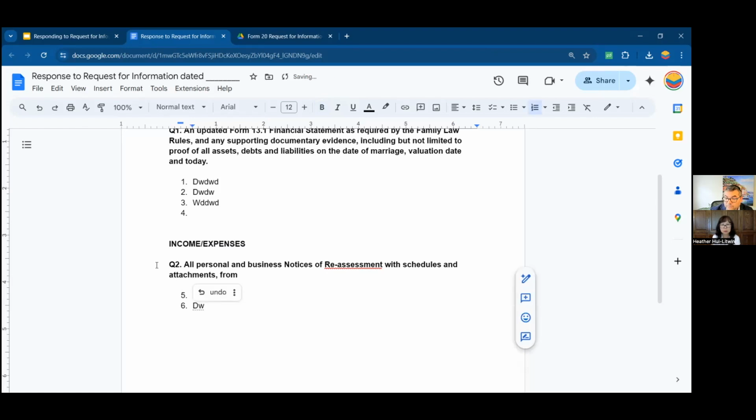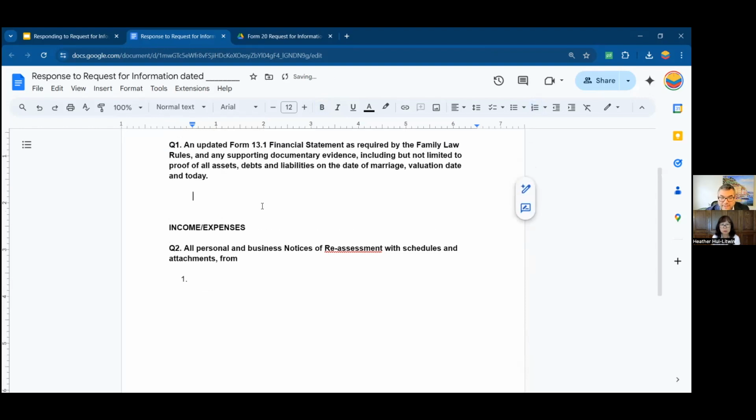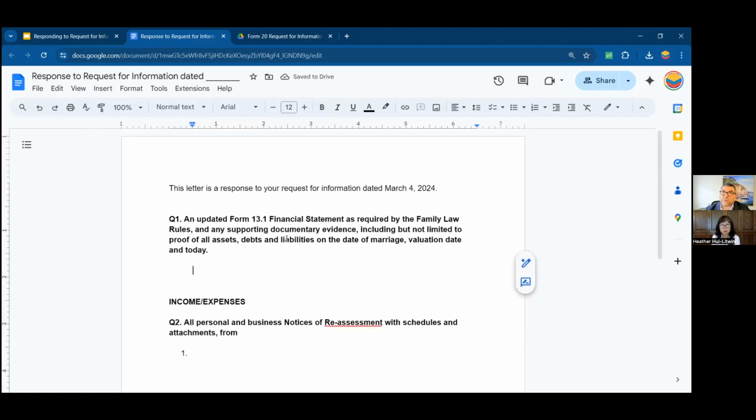But what you're doing here is creating a place for yourself to express yourself and tell your side of the story. So that's where we are right now. We have a blank document, and now we have imported all of the copy and paste, all of the questions into it. We're kind of recreating it. If you're on good terms with the other party, you can ask them for the Word version of their request to make it simpler. That might be an easier way to save some time.